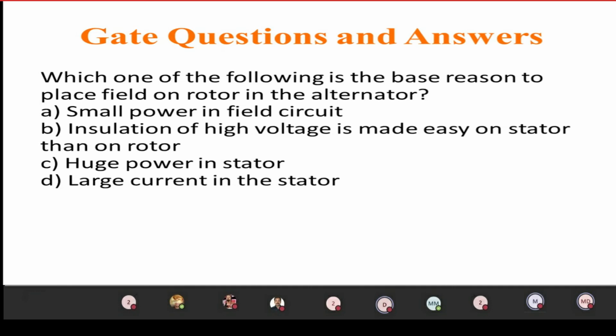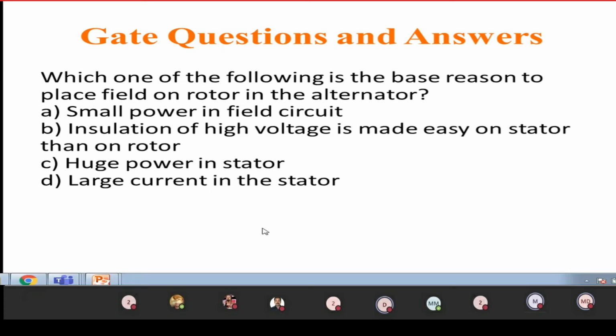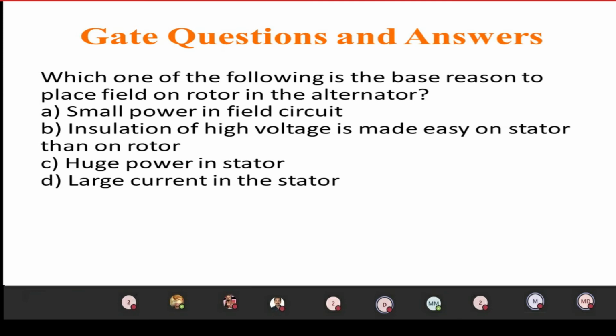So while we are providing 11 kV and above, now in India we are using 11 kV as the maximum generating voltage. But most of the research is going on to increase that. While you are increasing the voltage, we can ultimately reduce the current, so we are able to increase the power.